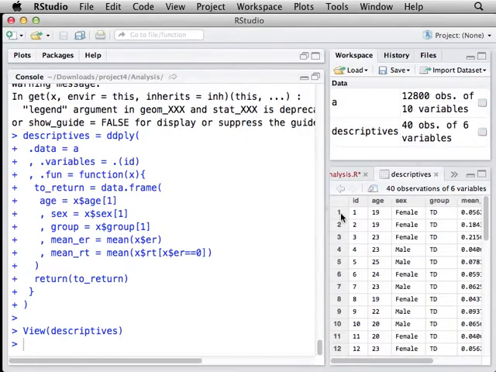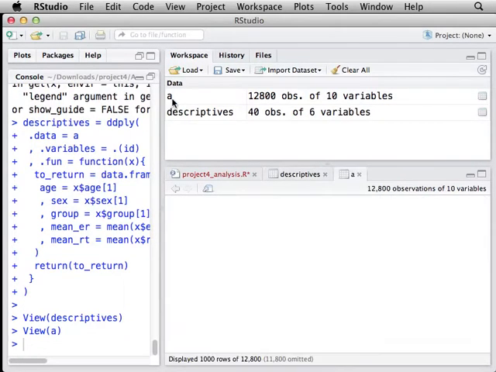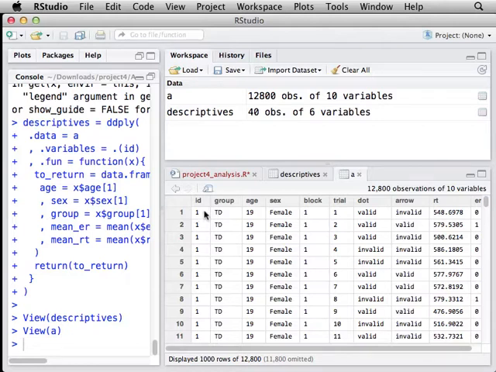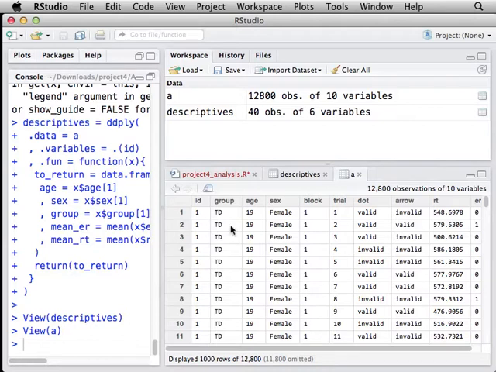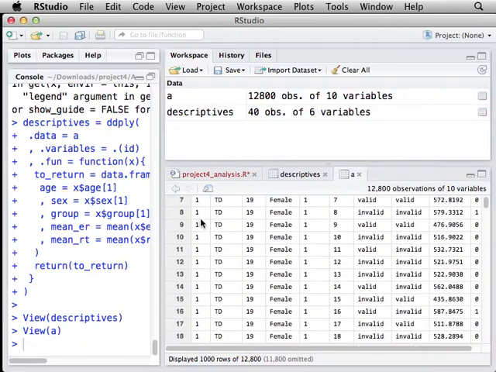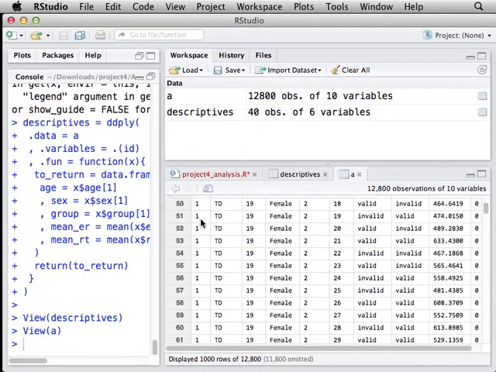Gotcha. So if you look at A, I'll actually stay in the data viewer. If I look at A, ID1 has a row for trial 1, block 1 trial run, it will have an RT and an error. ID1 also has another row for block 1 trial 2. So ID1 has actually a large number of observations. So that's how we're getting the